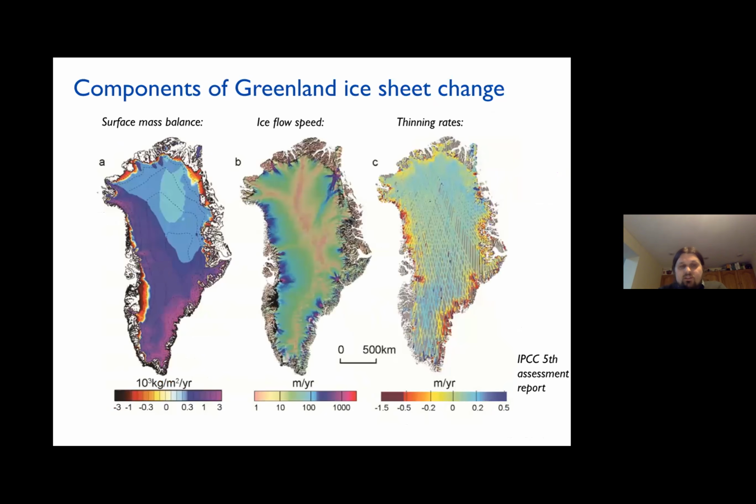Okay, so just to give you a feeling for the order of magnitude of some of these terms, this is a plot from the Intergovernmental Panel on Climate Change 5th Assessment Report, where it was trying to estimate various contributions to that mass budget. This is a case for Greenland rather than Antarctica that we were looking at before. And you can see that there's some variation in the surface mass balance. And one of the things that comes out of this is if you look at the rate of accumulation of snow,